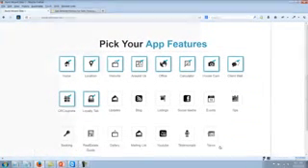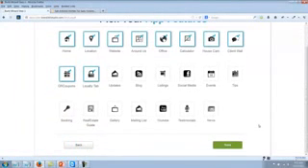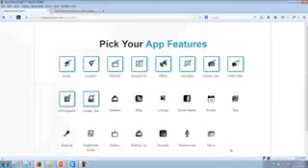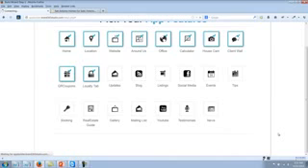And this is going to allow me to pick the app features that I want. There's so many to choose from. There's more than are even listed here. You can put your listings tab on there if you're a real estate agent, social media, blogs, picture gallery, a real estate guide. You can book a showing of a home. I'm just going to choose the ready-made selections right now, and you can always come back in and customize them